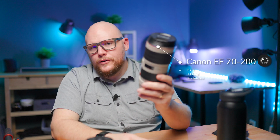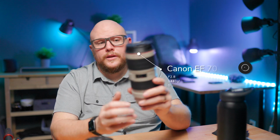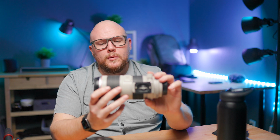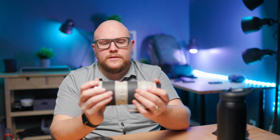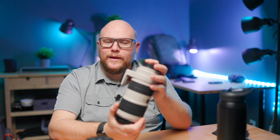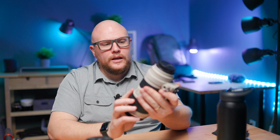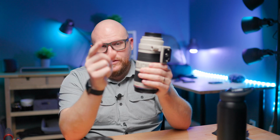This is the 70-200 f2.8 IS. This is the Mark II. There's a Mark III in the EF, and then of course there's the new RF version. I've had this lens for 5 years. I love this lens. This might be my favorite lens. Whenever I shoot with this lens, I am always surprised at how much I like it, at how great the shots look. And on the R6, if I want to get some super quick shots, the autofocus on this with the